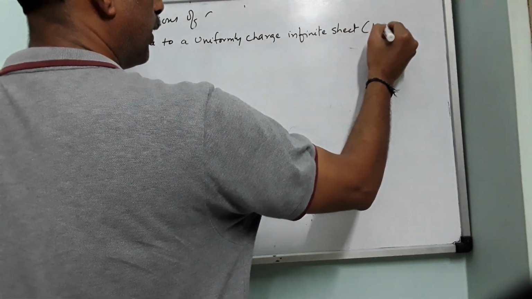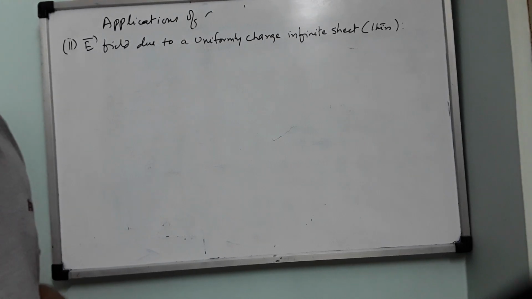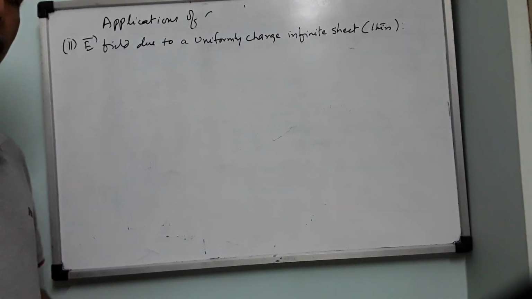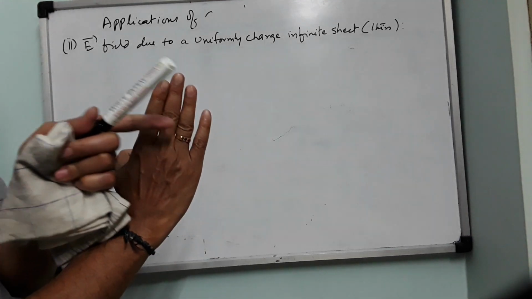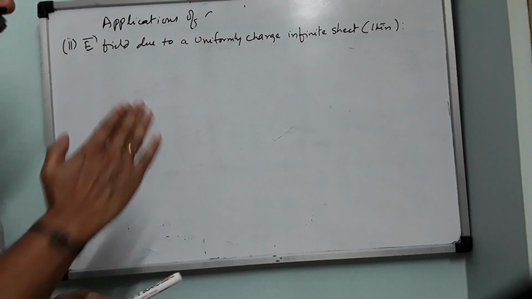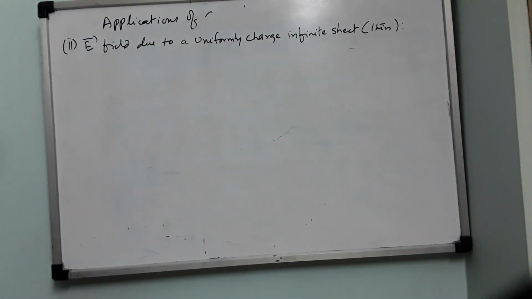Rather, it is supposed to be very thin. That means the sheet should show the same magnitude, same sign, same charge. If it is showing positive on this side, it has to show only positive on the back side. That sheet is called a thin sheet. What will happen if it is not like that? We will discuss now.